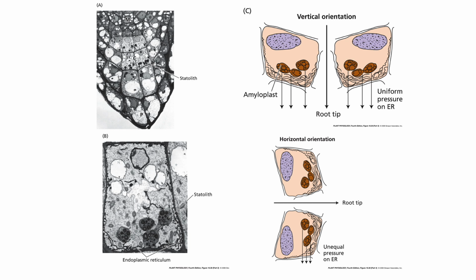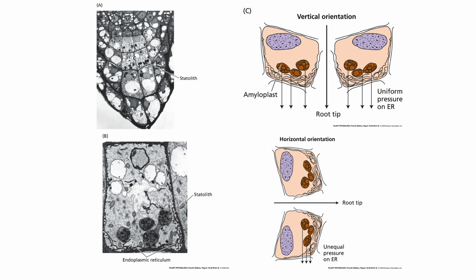Roots are a little more complicated, I'm sorry to say. The perception of gravity in roots occurs in statocytes in the center of the root cap. Statocytes are specialized plant cells that play a crucial role in gravity perception. These cells contain dense, starch-filled organelles called statoliths, which settle to the bottom of the cell due to gravity. This sedimentation process triggers a signaling cascade that ultimately leads to the plant reorienting its growth in response to gravity.